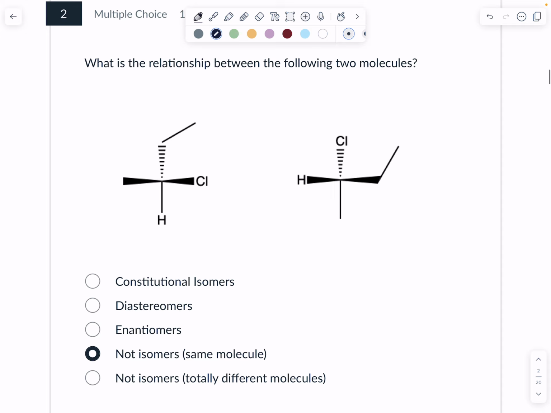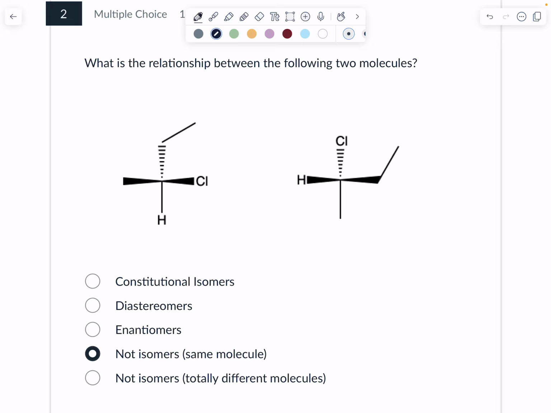Okay, next question. What is the relationship between the following 2 molecules? Now, you can do this a few different ways. You can manipulate the molecule if it helps you, or you can envision yourself moving around the molecule. For me, it's easiest to think about myself moving around the molecule. So for the one on the left, I'm envisioning myself floating above this molecule because the hydrogen is pointed, well, I guess